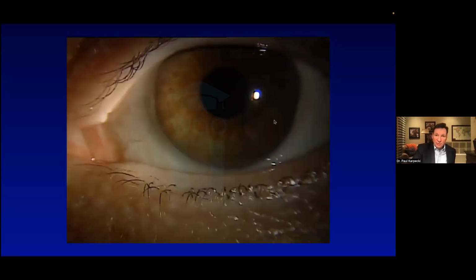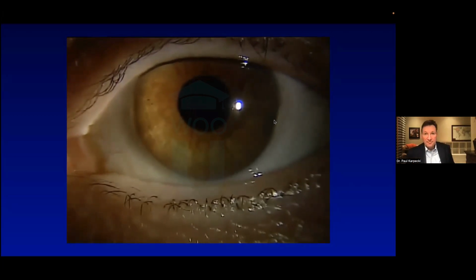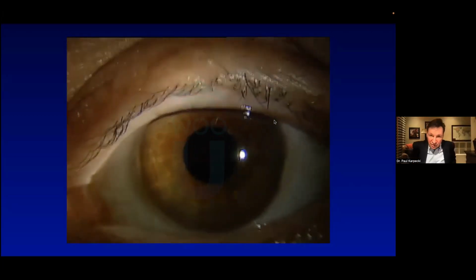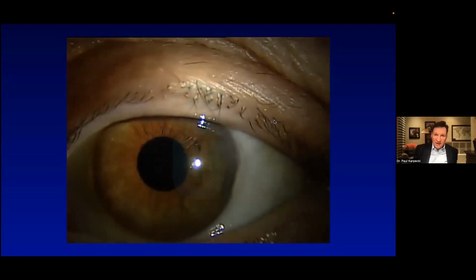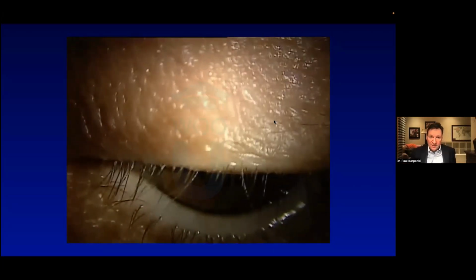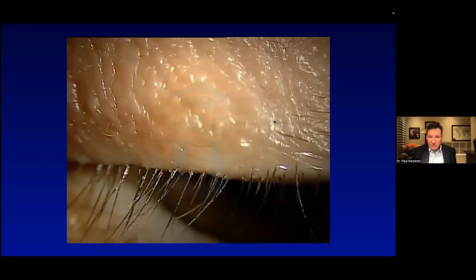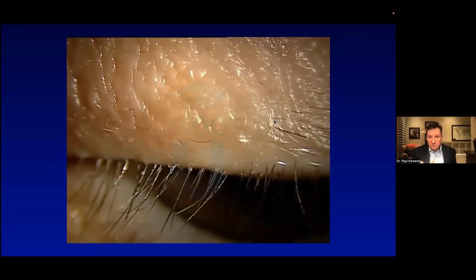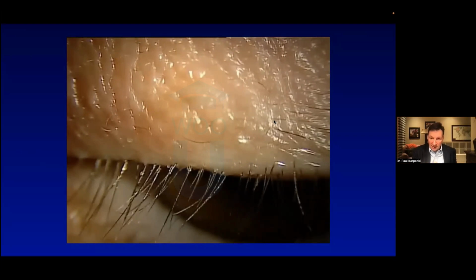So again, I'm going to go up in the imaging here, and I'm going to look at that same patient's upper eyelid, and yeah, I am seeing some madarosis. I'm seeing some displaced lashes, but it's only when they look down that I'm able to see these collarettes really clearly, especially in the more subtle cases. Now, it's not as subtle as I thought when I increased the magnification. It's almost every lash has a tiny little collarette. So it's extremely frequent. Many lashes are missing and sparse, all caused by Demodex.